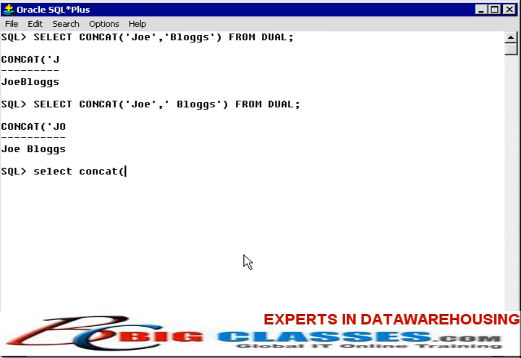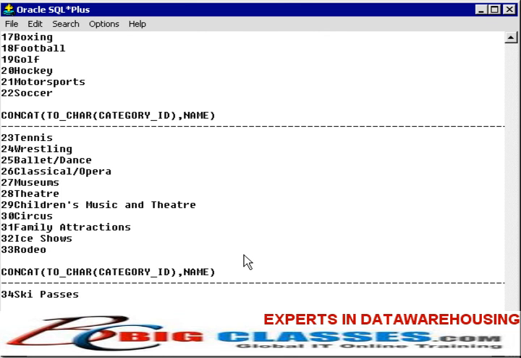Concat toChar category ID and name from category table. It simply concatenates the values. We could make that even better by saying select